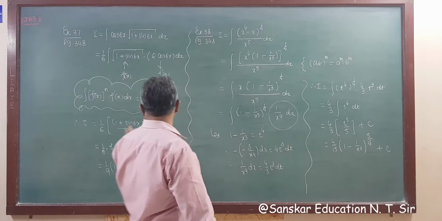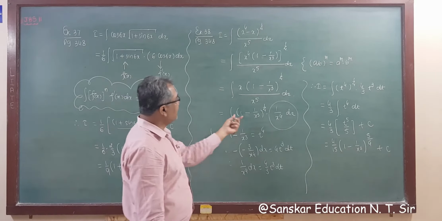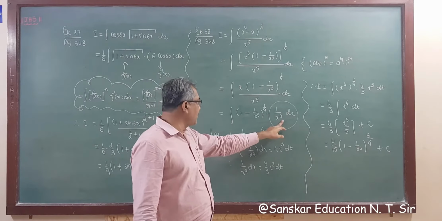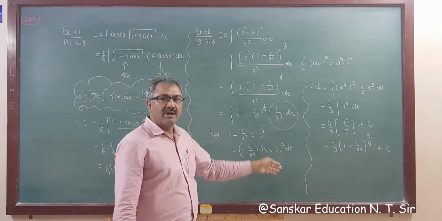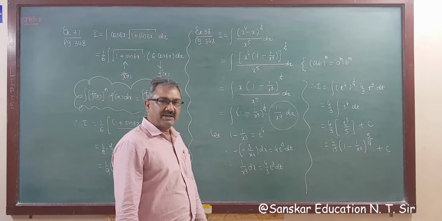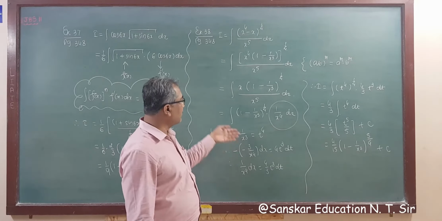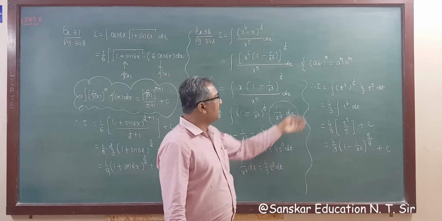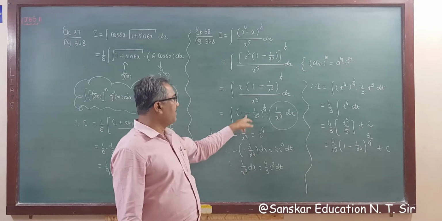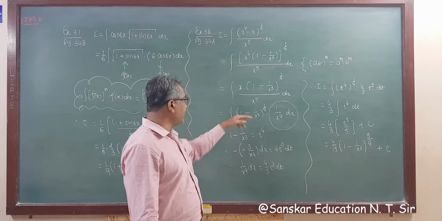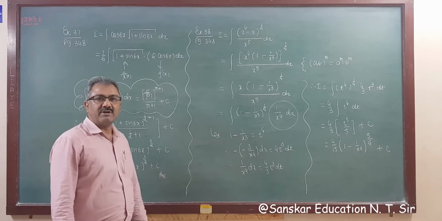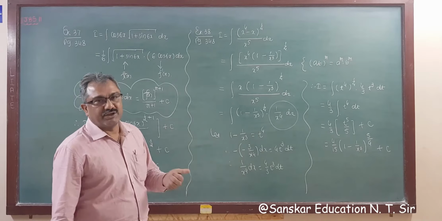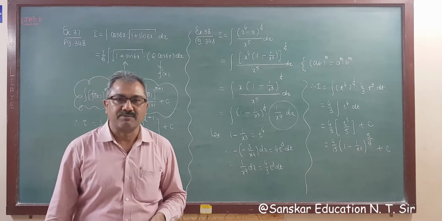Otherwise, if you know this formula very well, then this is f x, this is f dash x, but you require minus 3. So divide and multiply by minus 3, and you will get your answer directly also. That is the shortcut method for MCQ. There is no need to write all this, because you require only 3. So divide and multiply by 3, you will get your answer. So that is the technique for MCQs in competitive exams.